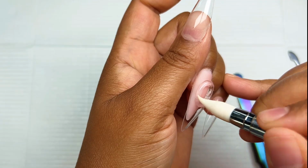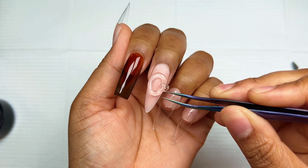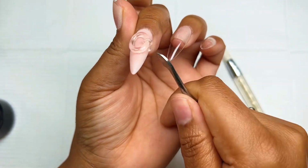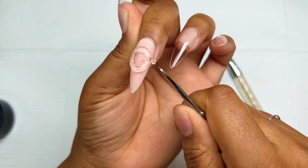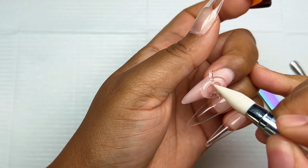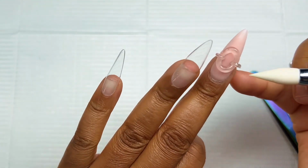I made sure to cure the main circle for 60 seconds. Now we're going to go in with the tiny little hoops on either side of the circle. I'm using my cuticle pusher just to tuck them in and then cut the excess on the sides. Again, I'm not really sure whether this is an actual charm or he created this like on